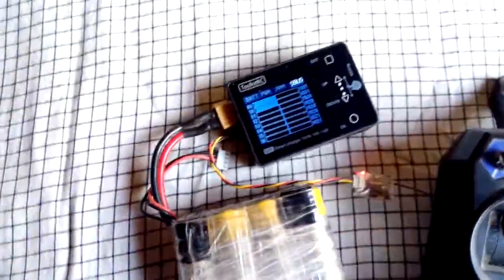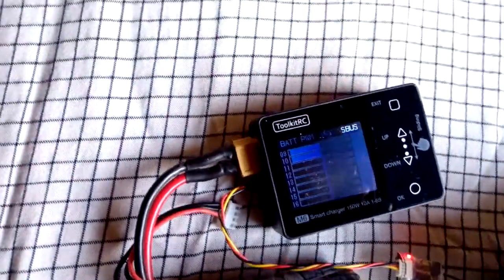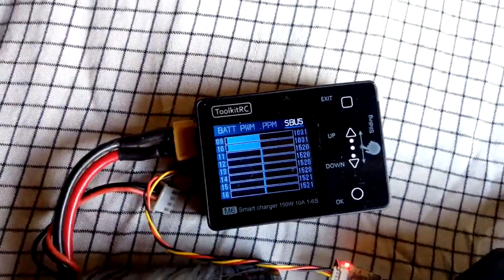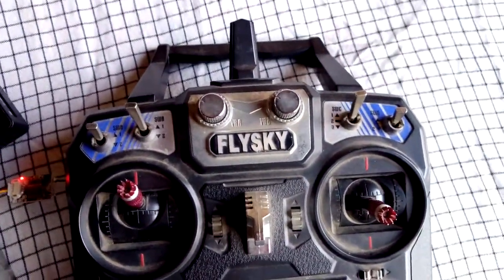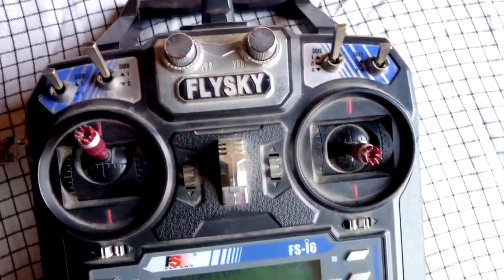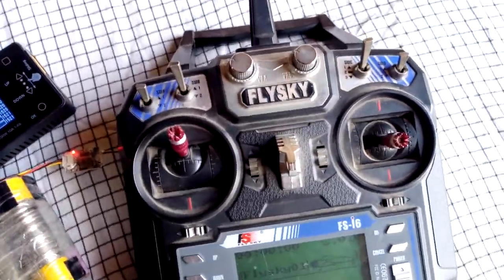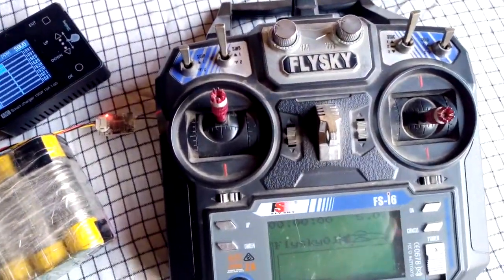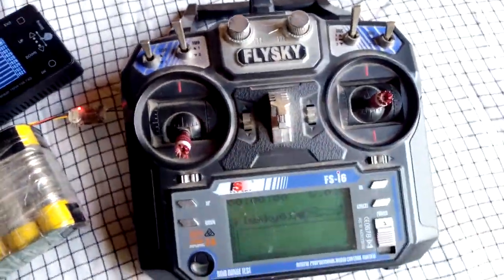So channels number 11, 12, 13 and 14 have not been mapped, because there is no switch or variable port on the FlySky i6 transmitter which can be assigned to those additional 4 channels.